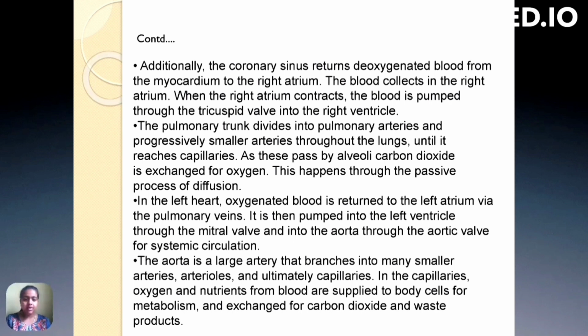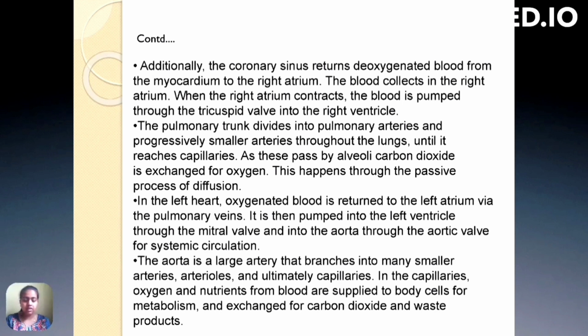As these pass by alveoli, carbon dioxide is exchanged for oxygen. This happens through the passive process of diffusion. In the left heart, oxygenated blood is returned to the left atrium via the pulmonary veins. It is then pumped into the left ventricle through the mitral valve and into the aorta through the aortic valve